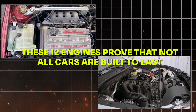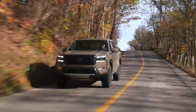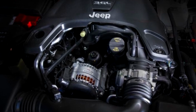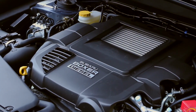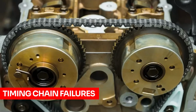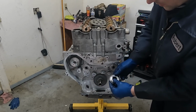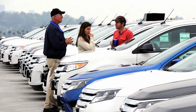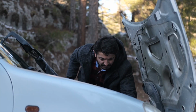These 12 engines prove that not all cars are built to last. While some vehicles are known for their reliability and longevity, these engines stand out for all the wrong reasons, with poor engineering choices, fragile components, and repair costs so high they make even seasoned mechanics cringe. From timing chain failures to blown head gaskets and excessive oil consumption, these engines turn what should be a dependable vehicle into a money pit. If you're shopping for a used car, steer clear of these ticking time bombs, or risk being stuck with an